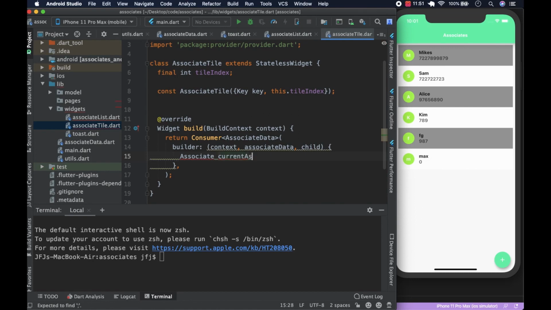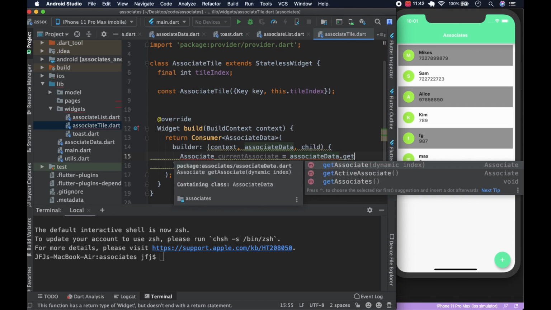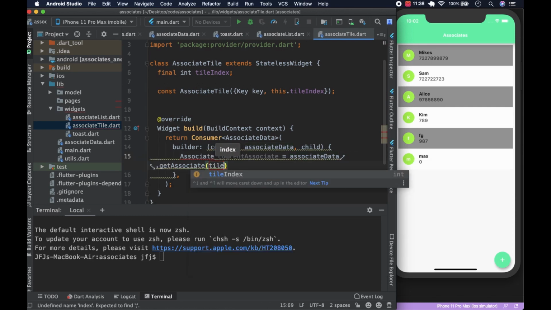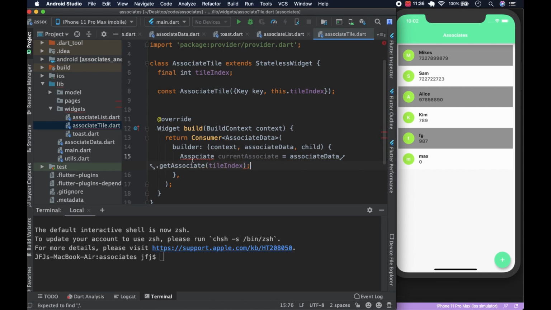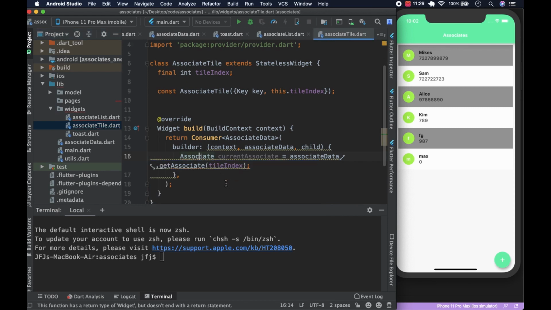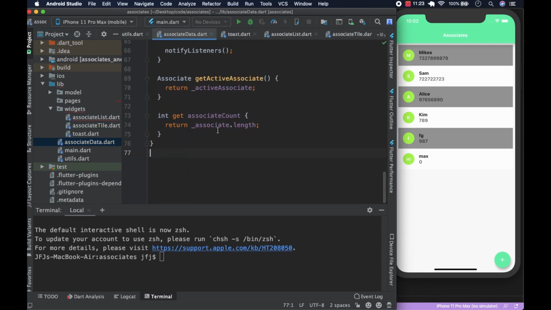So we could say associate current associate, and we're going to get associate, and it takes in the tile index like this. And let's import the model so that it's a strongly typed language. Remember, this is the dot. So if we come here,